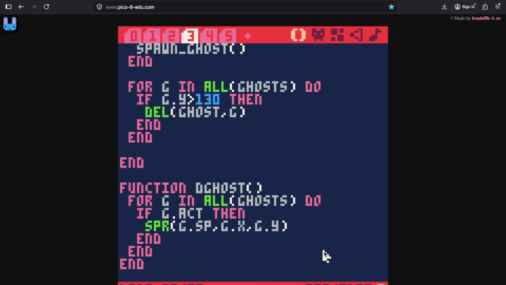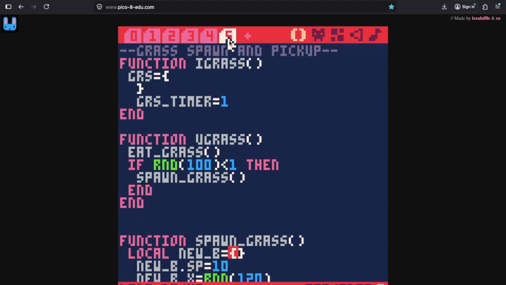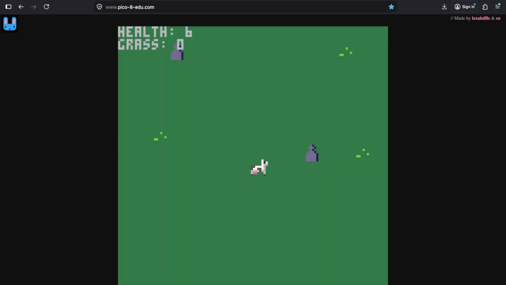And then I also used the same code that was for the ghost to spawn grass. So when I start it, the grass and ghost do spawn around the same rate at this point. And when I run into grass, it'll add grass that you can see up there in the top left corner. It'll add a grass, and then if I end up getting hit by a ghost, it will take 1 health point away and the ghost will disappear, and then I can go and eat another grass.